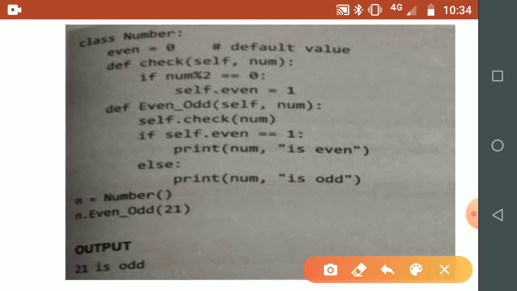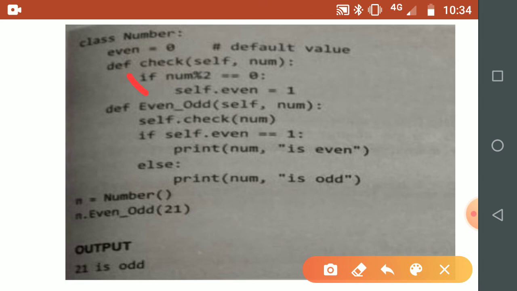Now it will start the execution of that particular method. In that method there is another call to another method, which is the check method, with the help of the self parameter, which is a reference to n. So from this line again control passes to the method's first line by passing one parameter. That parameter is num, which is 21 that we have caught here. This num will catch it, again this num becomes 21, it is the num of the check method. Now it will execute the definition of that check method.